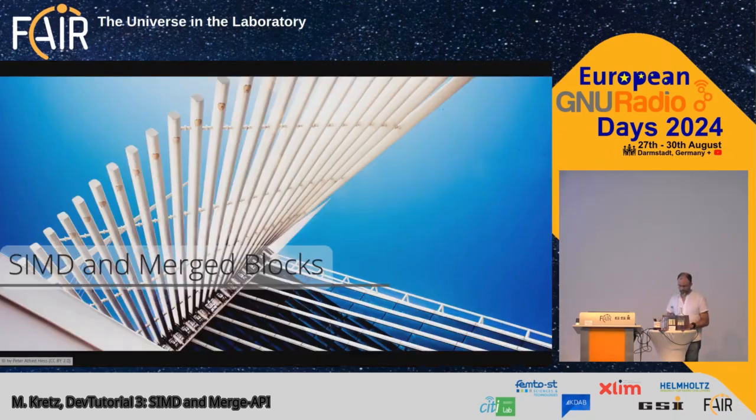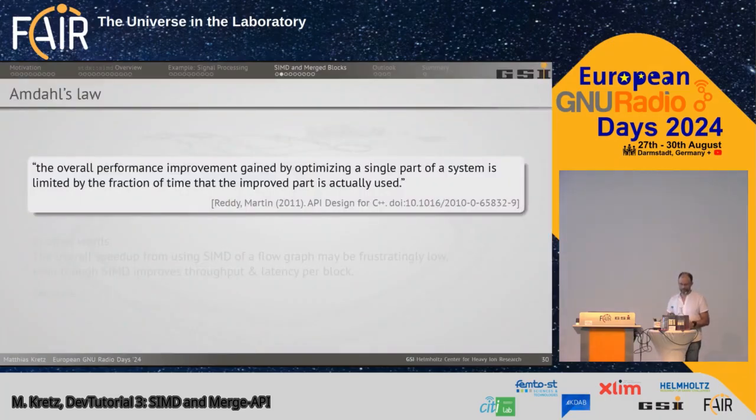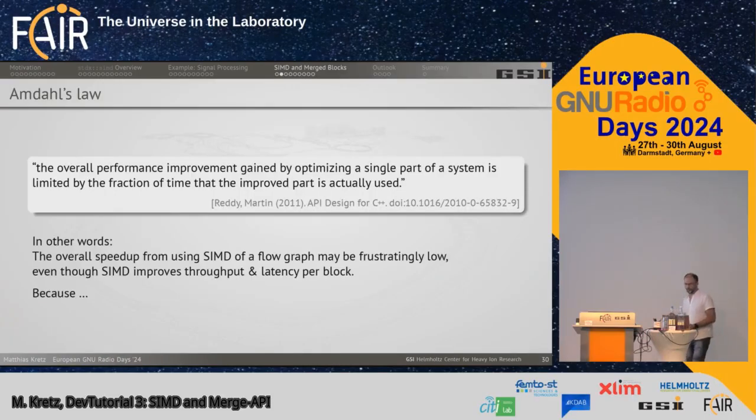Okay, now a bit more GNU Radio and merge blocks and how I actually came to adding SIMD to the whole thing. We have an Amdahl's law problem. So if we optimize everything in the blocks, at some point you're going to see speedup for the blocks, but not for the whole system. In other words, what's said here, the overall speedup of using SIMD in the whole flow graph may still be frustratingly slow. You don't get that much speedup because